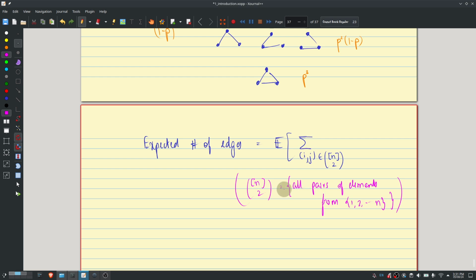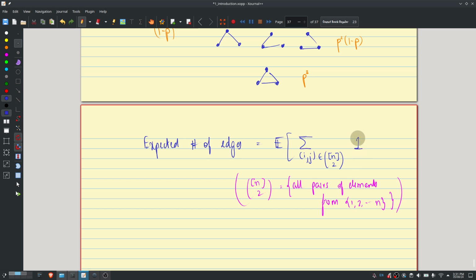Right? And the number of such pairs is exactly n choose 2. Expectations? We'll get to that in just a minute. Okay, so this is all possible pairs of...